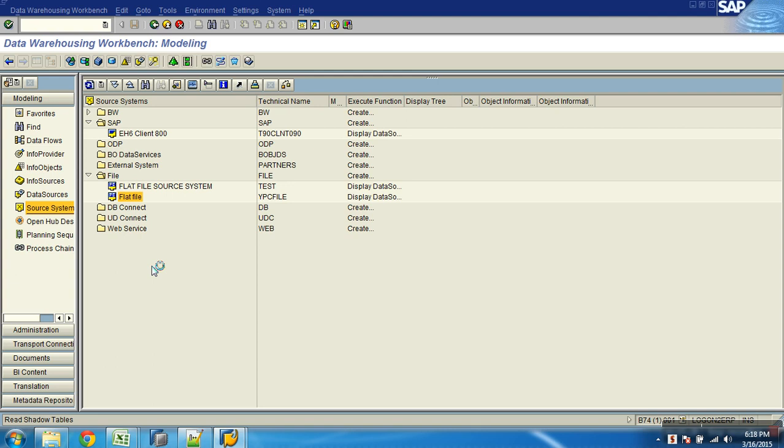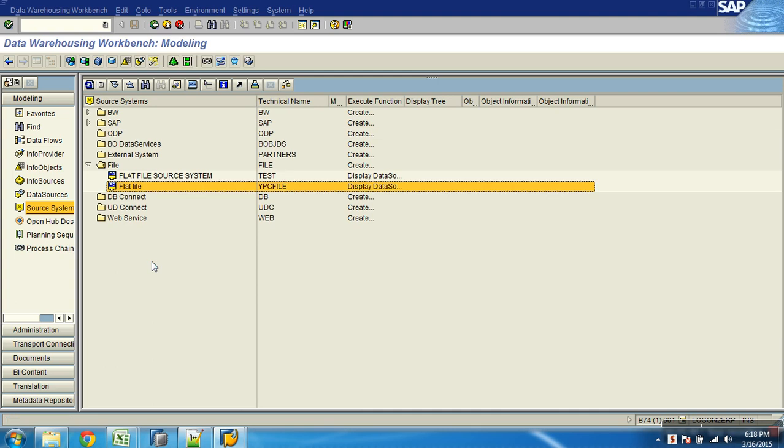So before you start, because the data source is always dependent on the source system, before you start creating a data source, you must make sure your source system connection is fine. If it's not fine, just fix the issue with that. If you're loading from flat file, you should make sure the source system connection for flat file is available. If you're loading from R3, you should make sure the source system connection with R3 is done. So now it's activated.